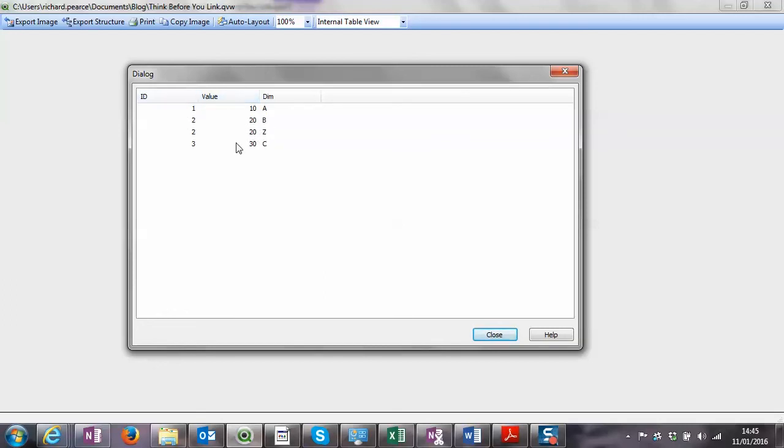So if you were to sum value, rather than giving you the answer that you were hoping for, which would have been a total of 60, 30 plus 20 plus 10, it's now going to give you a value of 80, which is incorrect. So you need to think before you link and make sure that these IDs on the second table are